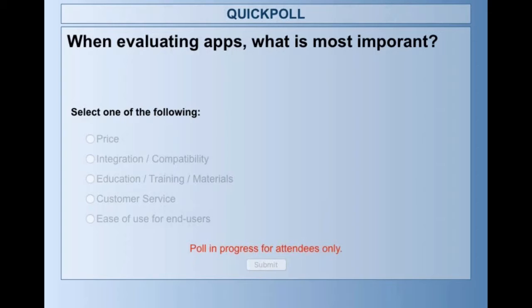So we got about 90% of the votes. I think I would like to get maybe 95%, especially if you want that CPE credit. So I'm going to take the question down in about 20 seconds. Again, when evaluating a third-party app or an app, what is the most important? Is it price? Is it integration and compatibility? Is it education, training, and materials? Is it customer service? Is it ease of use for the end users? All right, I'm going to go ahead and take the polling question down, going once, going twice,